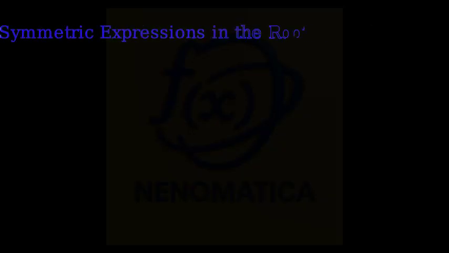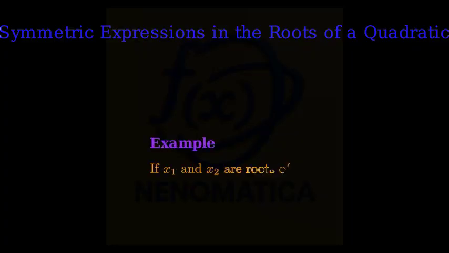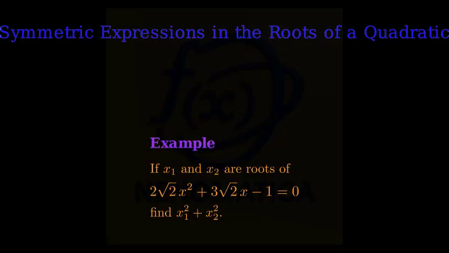In this example, we will use symmetric expressions in the roots of a quadratic. The goal is to compute x1 squared plus x2 squared without solving the quadratic directly. Here is the example. Let s equal x1 plus x2 and p equal x1 times x2. For ax squared plus bx plus c equals 0, we have s equals negative b over a and p equals